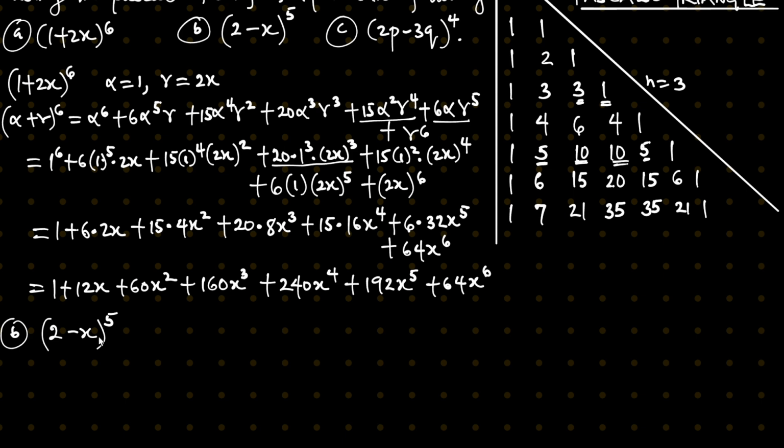as 2 plus negative x to the power of 5. And if you wish, you can call this alpha again, and you can call this gamma. So alpha is 2, gamma is negative x. So when you go back to your expression, this is our expression,